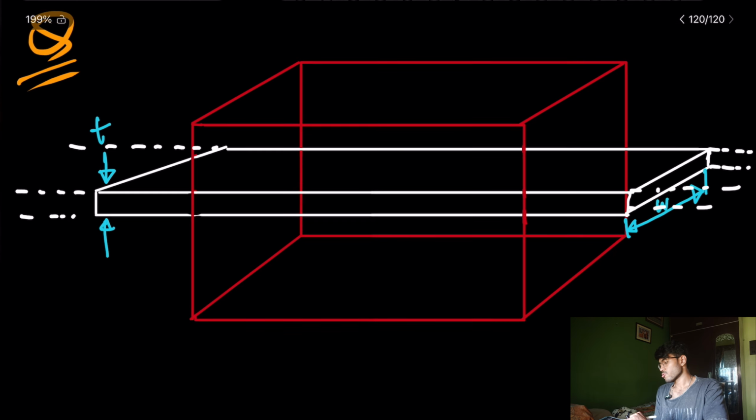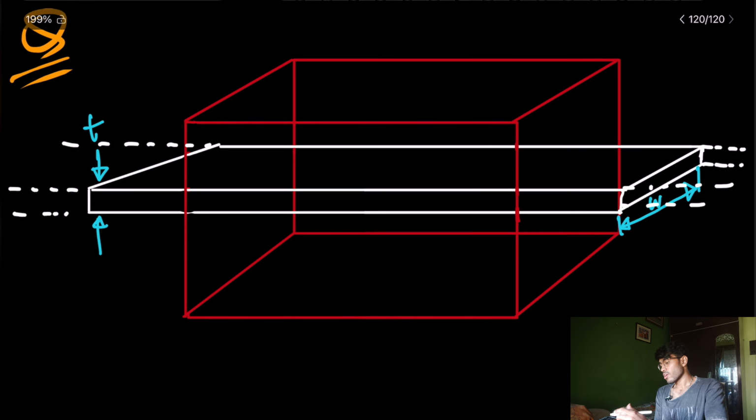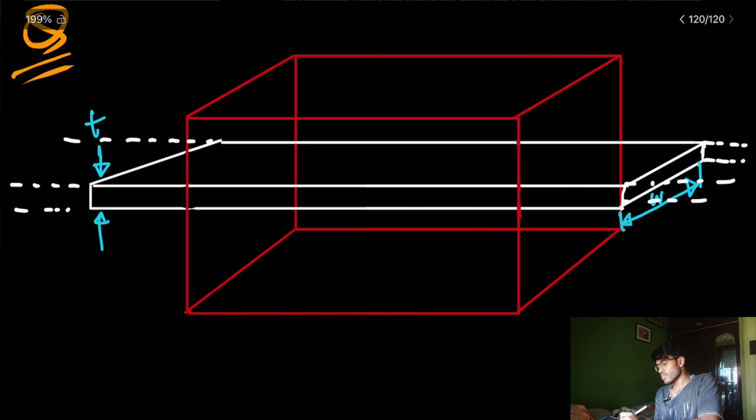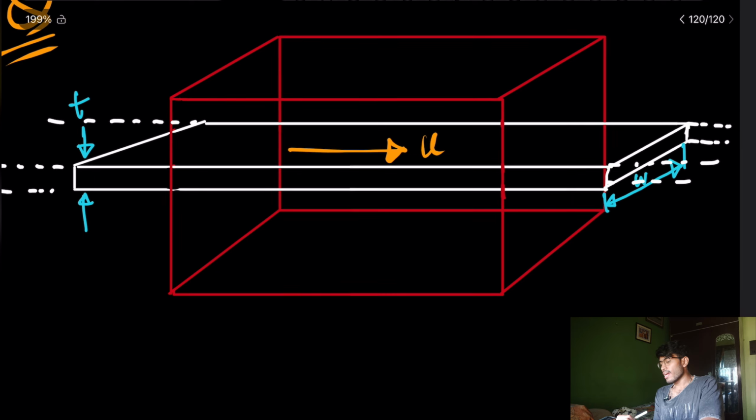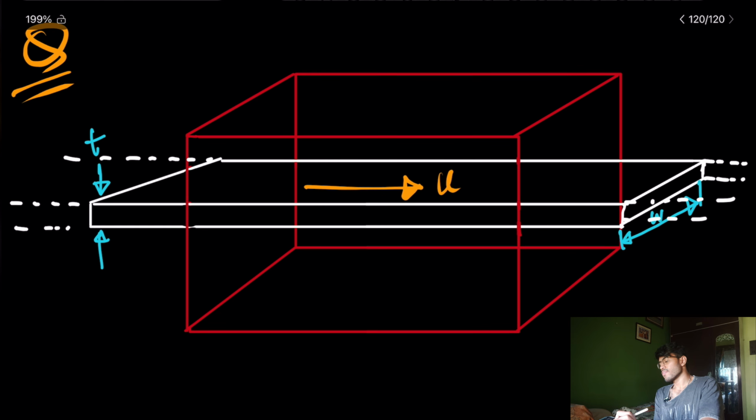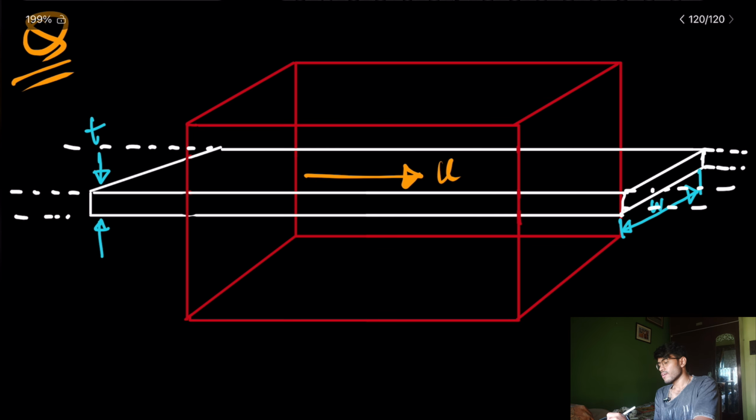Okay, so that is it. So this is moving with a velocity, maybe u, and this furnace is having a temperature Tf, maybe T furnace. And the heat transfer will be by convection and conduction both,